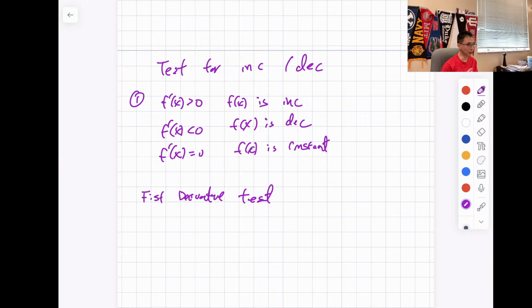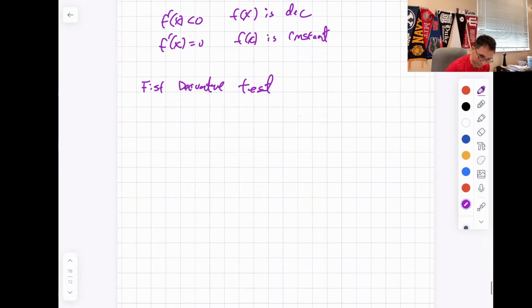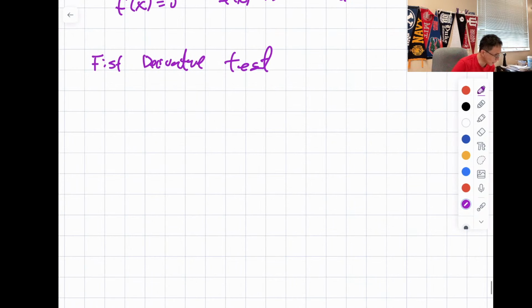So this is called the first derivative test. The first derivative test is very, very essential. Can you tell me what the first derivative test is, Ethan? If f prime of c goes from positive to negative, it is a maximum, and if f prime of c goes from negative to positive, it's a minimum. Yes. So the first derivative test and the second derivative test are all telling you where the relative max and min are, but in two different ways. So the first derivative test is f prime of x